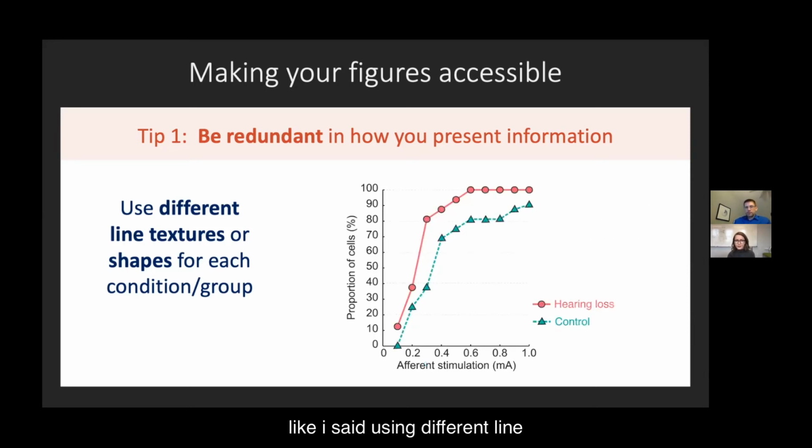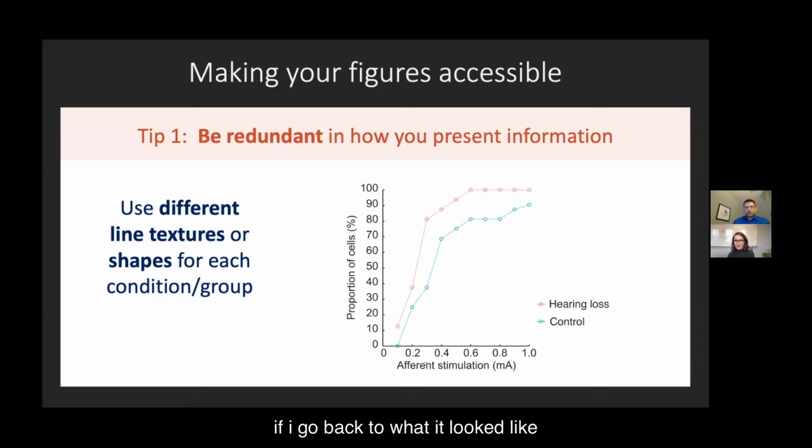Like I said, using different line textures goes a long way. So what I did here is I made the line thickness a lot thicker. And to compare the two groups, I have a solid line and a dotted line. And in addition, kind of again being redundant, I use two different shapes for each of the two groups. So I have a circle and a triangle. If I go back to what it looked like before,